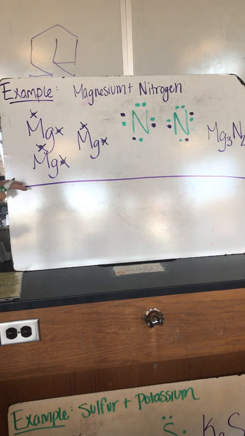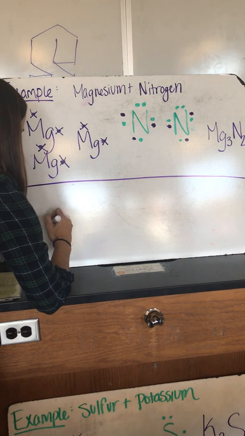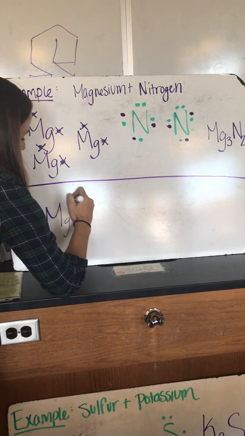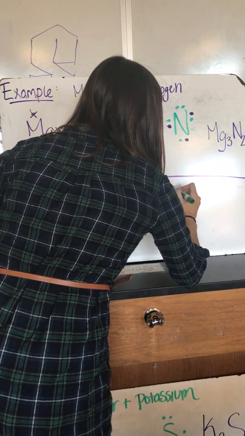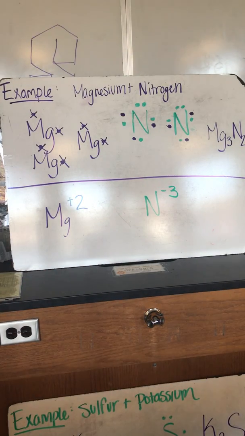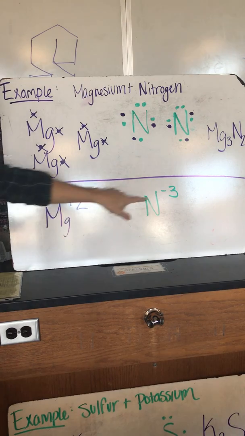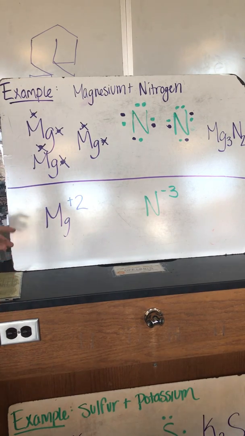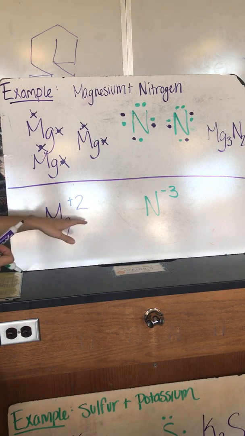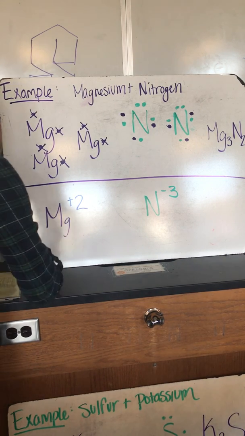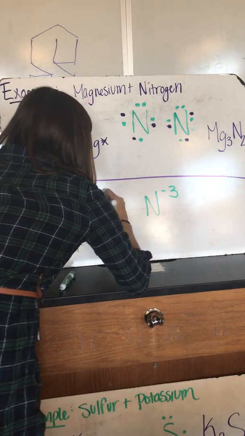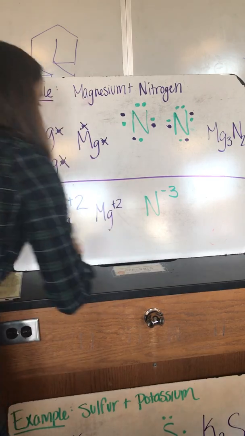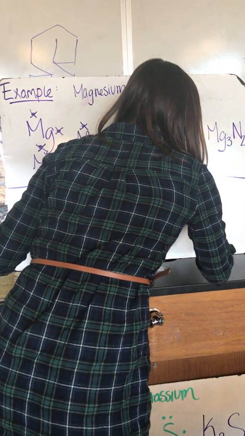Okay, so if we're going to show the ionic charge model for this, Mg has a positive 2 charge, nitrogen has a negative 3 charge. What we can look at is the lowest common multiple between 2 and 3. Well, 2 and 3 both can go into 6. So if I want to get to 6, I need 3 magnesiums. So I'm going to write out magnesium 2 more times. And I'm going to write out nitrogen